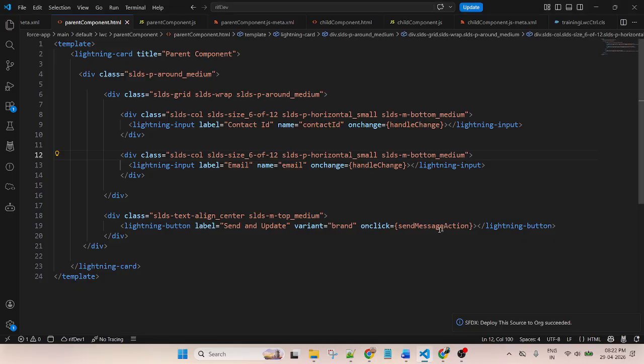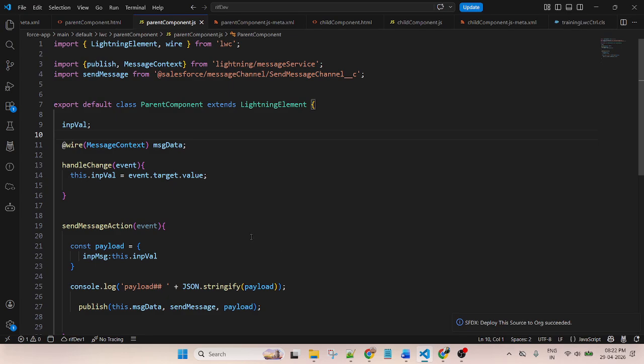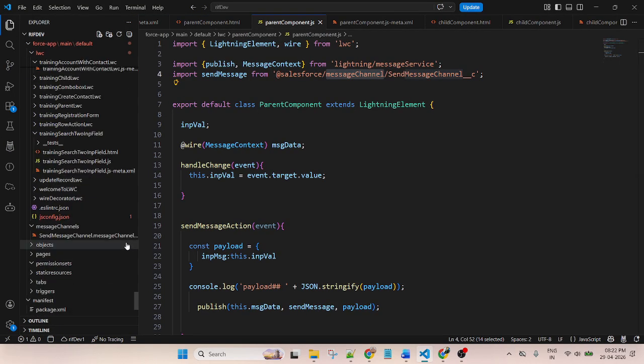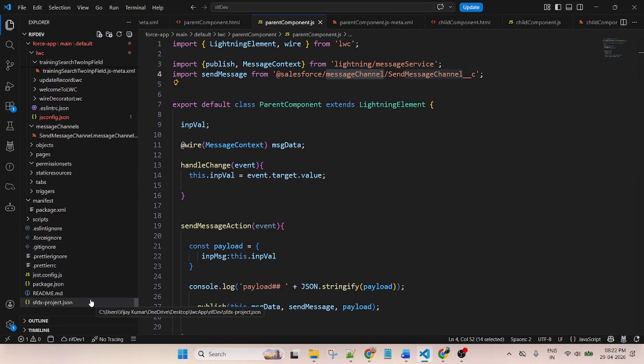So how to achieve this? First of all, go to the parent component JavaScript, and this is publish because this is a parent component. Publish means here I want to send the data. So this is publish and this is the message channel, which is coming from the message channel. Yesterday we already discussed this.